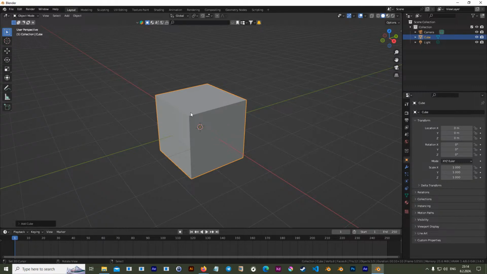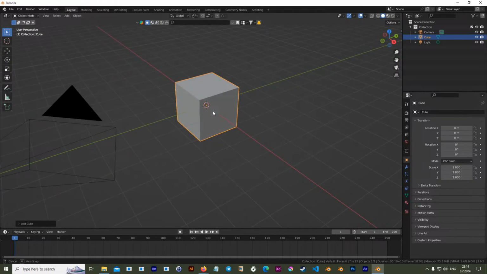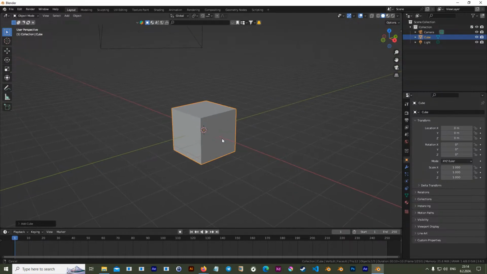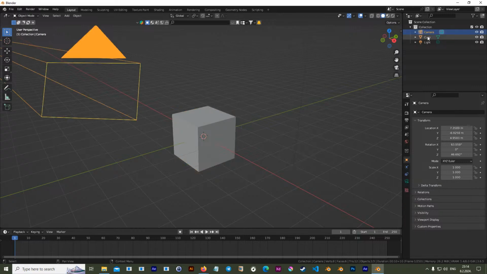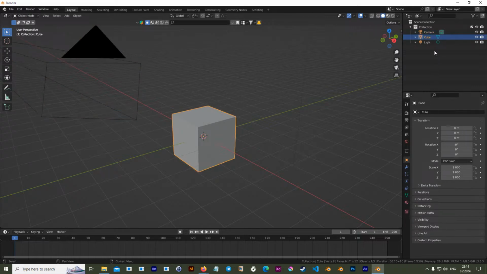That's just something we do in Blender. Okay, that's a default cube. Don't worry. With your cube selected, you can select it with right-click mouse, or by clicking on it in the outliner view, that's the thing on top right,